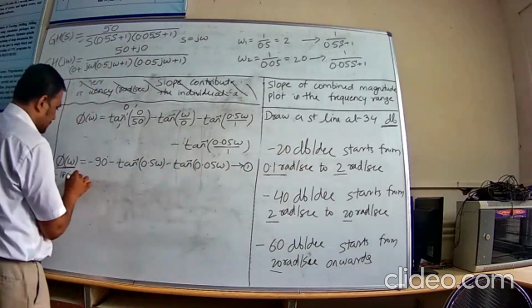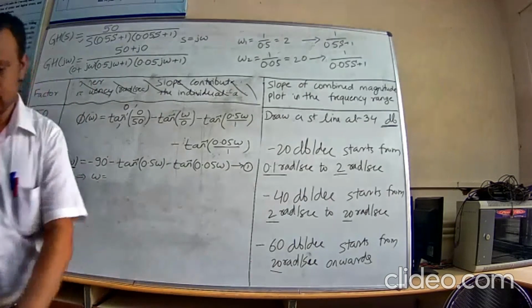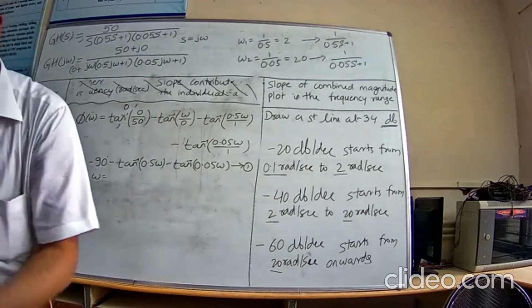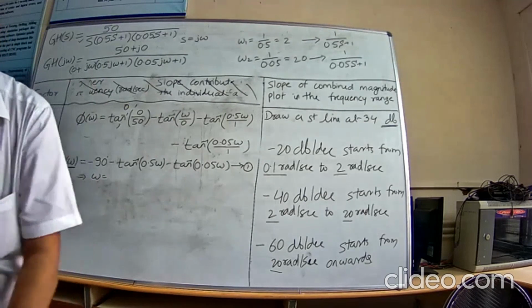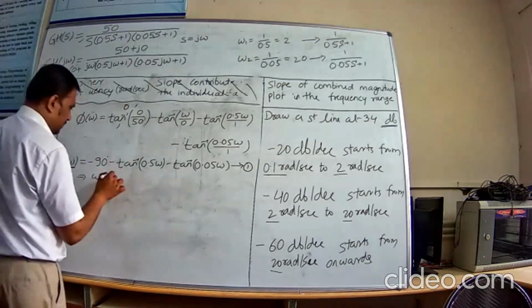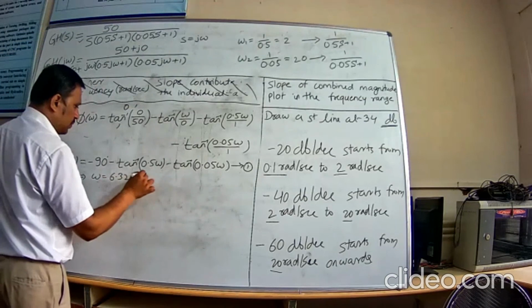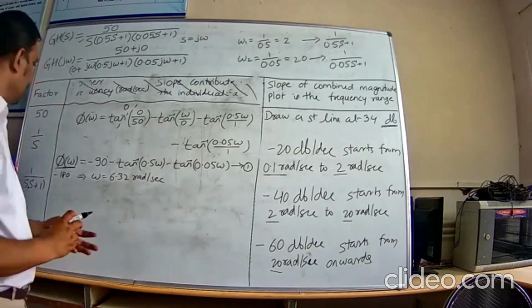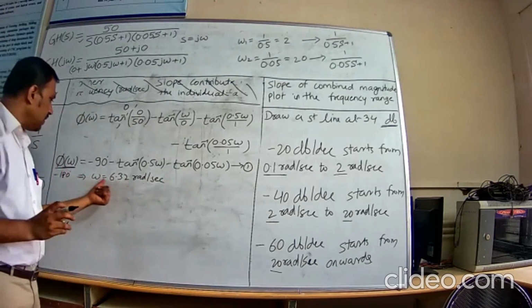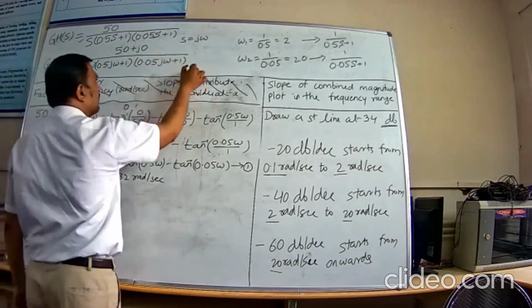Then we are getting the omega value as 6.32 radian per second. Okay, see here we have got the omega value as 6.32, and we have got one more omega value when